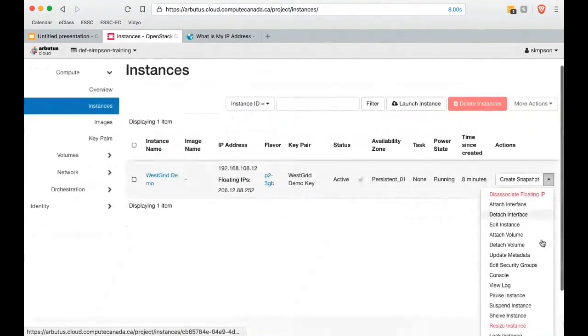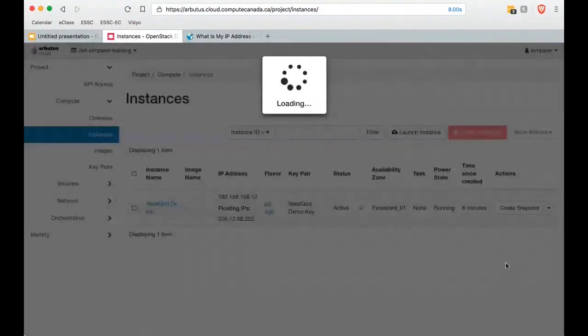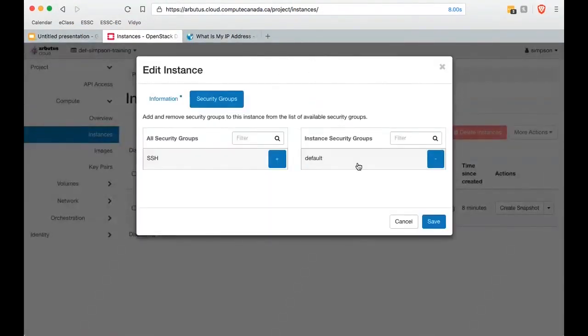And what I want to do is I need to edit the security groups. So we're going to leave the default security group here. We're never going to touch that. It's got important things that shouldn't be messed around with. And we'll leave the SSH group as is because we just built it. But we're going to click the little plus here, and it's going to move it over to the right-hand side. So it's now part of the instance security groups. I'm going to press Save.